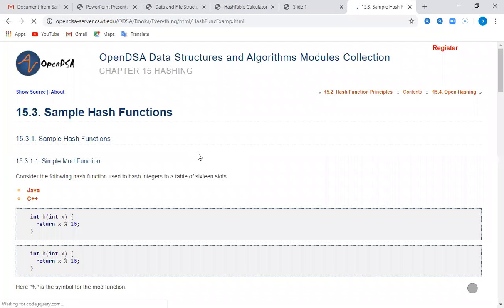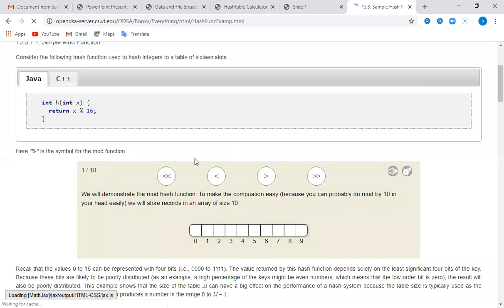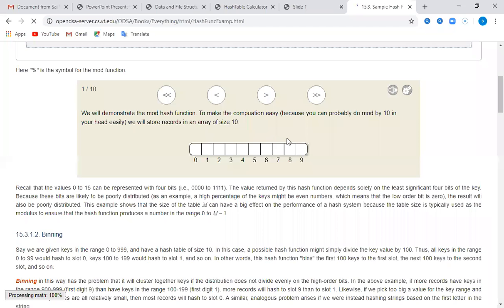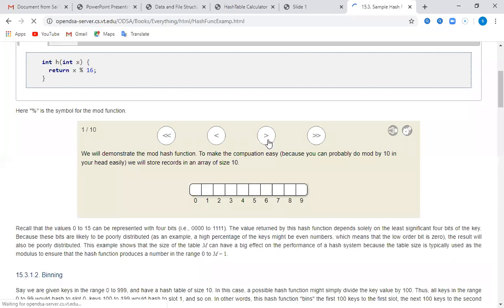So this is the thing we have seen in yesterday's class. What is the maximum hash table size? 10, sir. 10. So similar to an array, I will store in the hash table from 0 to n minus 1. That's why from 0 to 9, I have the entries in the hash table.